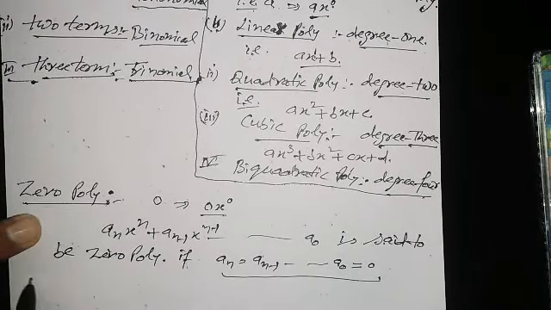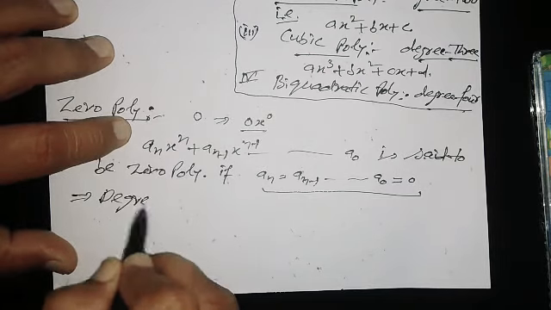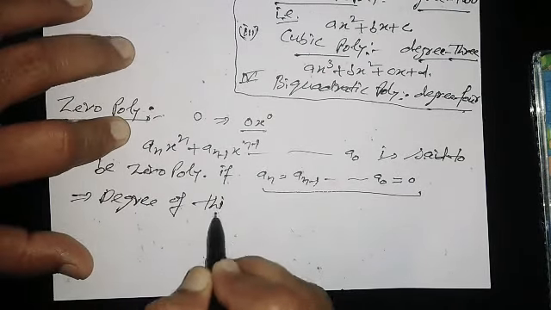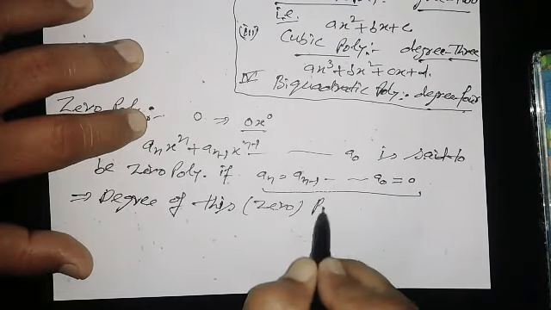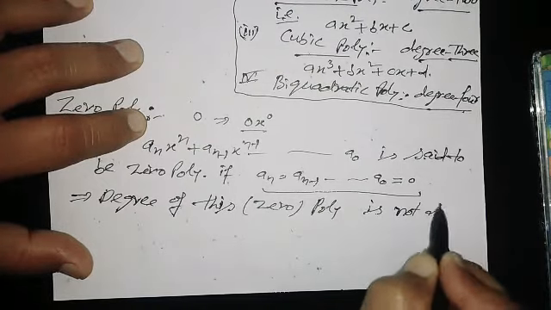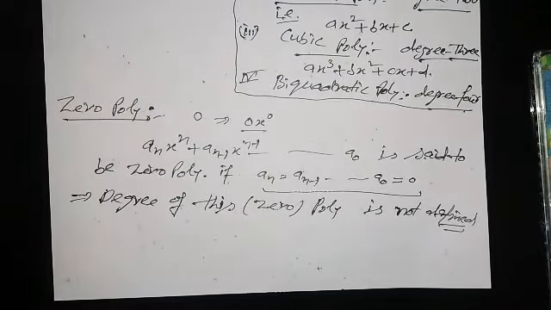And also the degree of this polynomial is not defined. Point to be noted, the degree of zero polynomial is not defined. Okay,